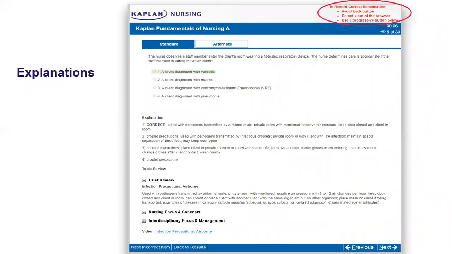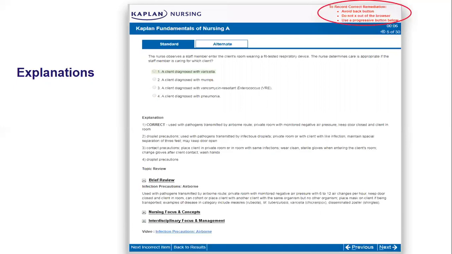There's a lot of great information that you're going to get here. The first thing you're going to do is see the question with the answer choices, and then you're going to see the explanations. Now, even before I start getting into the remediation that's involved here, I want to point your direction to that upper right-hand corner. There's always going to be a reminder up there about making sure that if you're doing the remediation, you want to get credit for the remediation time and you want to make sure it's logged into your resources. So when you're doing remediations with Kaplan, rule number 1, please don't use your directional arrows in your browser